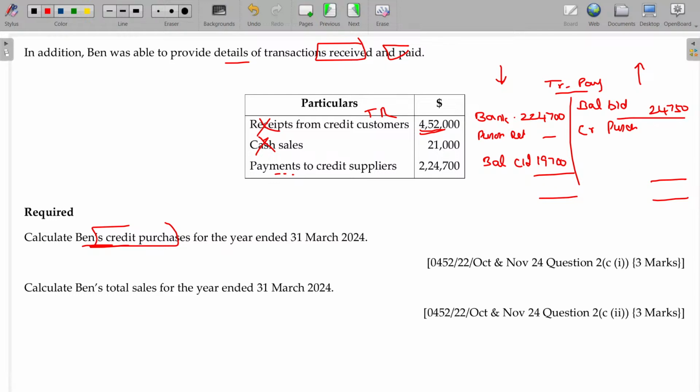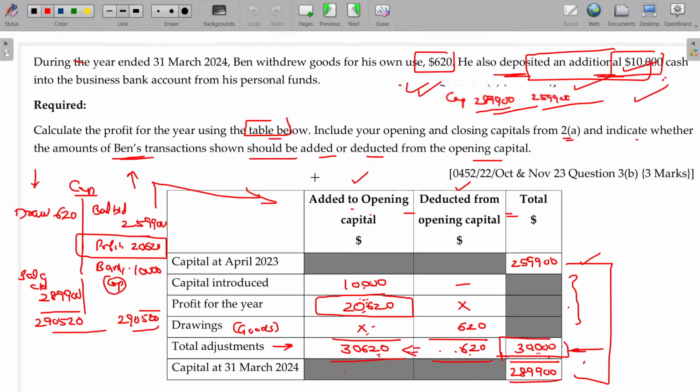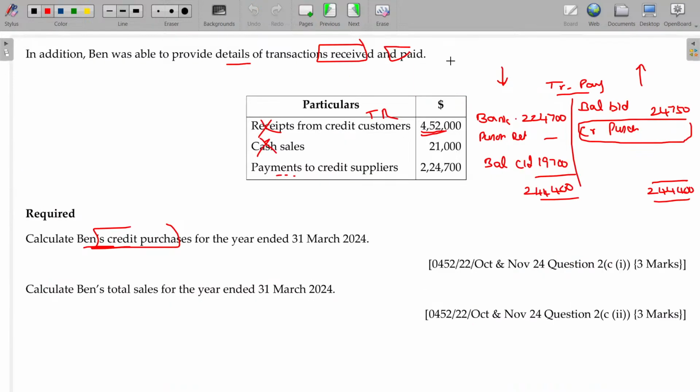Finish up this one to calculate the credit purchases. The total of the debit side being 2,44,400, and in this case the credit purchases being, and of course there's goods drawings for own use. The goods drawings will be subtracted from the credit purchases. The total being 2,19,650. In that, drawings being how much? 620. Balance being